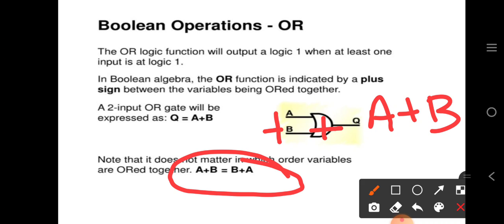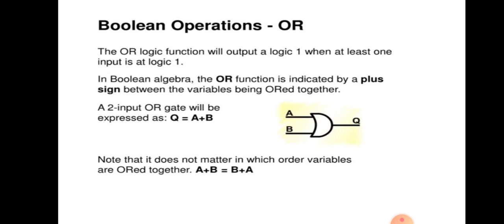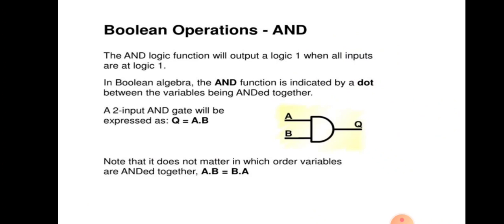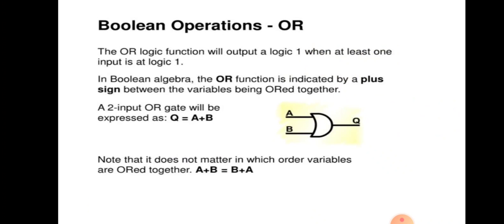So this also we have previously learned. I have included similar slides again and again so that the rules get hammered into your brain and you learn all these rules by heart. So these are the OR rules. If you change the order of the inputs, A plus B, then the output will be the same, that is B plus A.